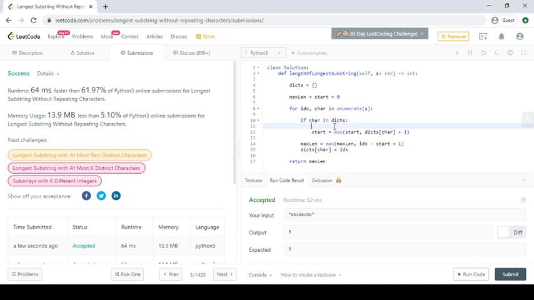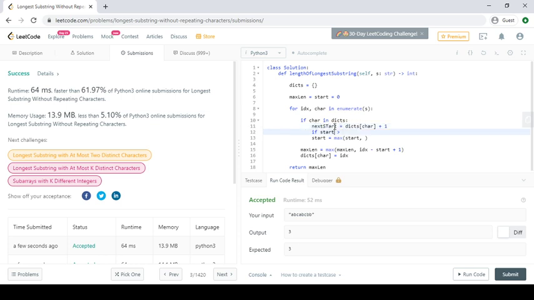We can do something like this, if the character is in the dictionary and its index is at or after the start, then start would be updated.